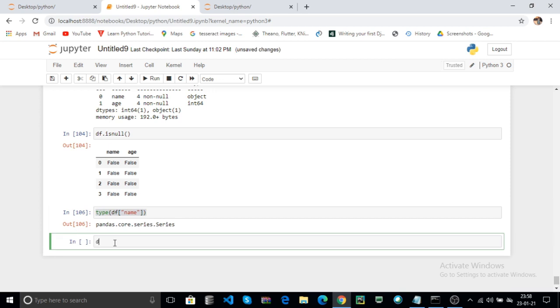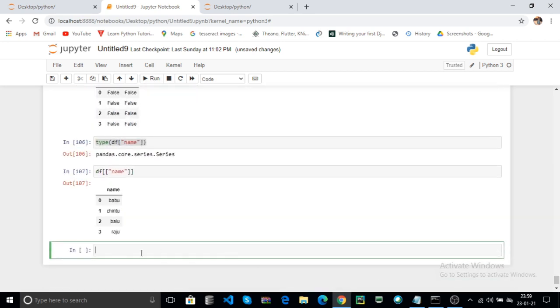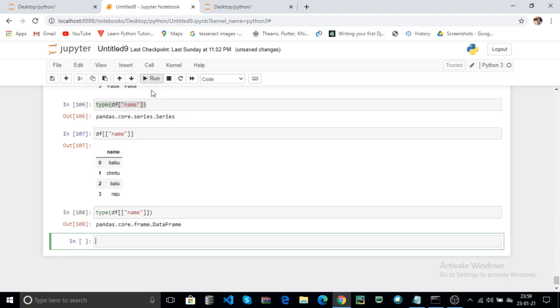Now how to use the data frame? Here you can pass multi-dimensional arrays. Here you can pass the name. It returns multi-dimensional arrays. Now we can check the type. You can use df of name, this is a data frame.